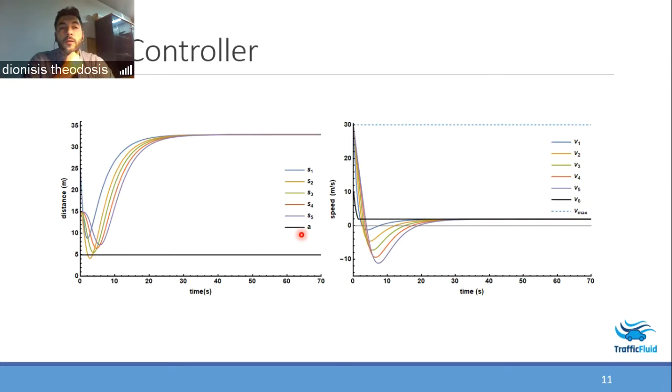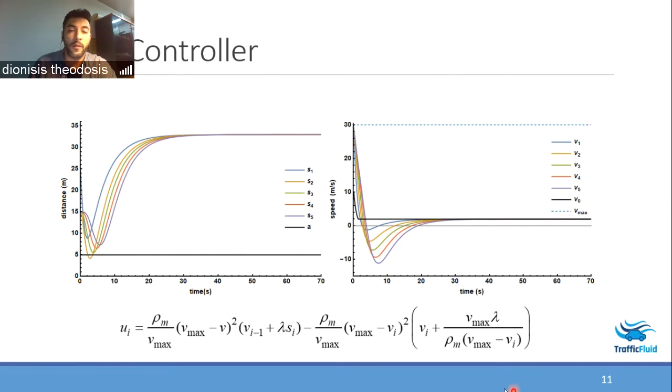And the same can also happen with a variable time gap controller. For the same scenario, we can see that we have distances that are below the length of the vehicles, which imply collisions. We can also have undesirable speeds, which are negative. Of course, with the variable time gap controller, just to remind you again, we do not exceed speed limits. This is because this term right here on the right does not allow the speeds to exceed the maximum speed